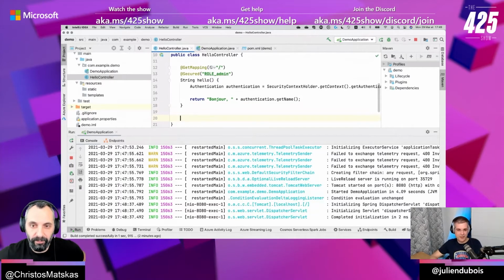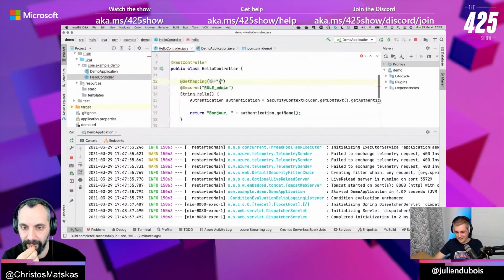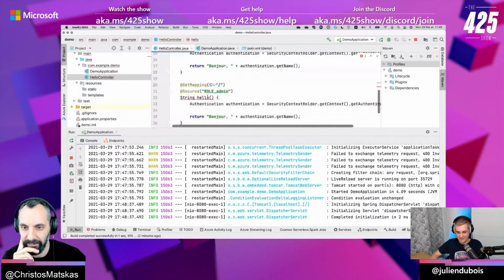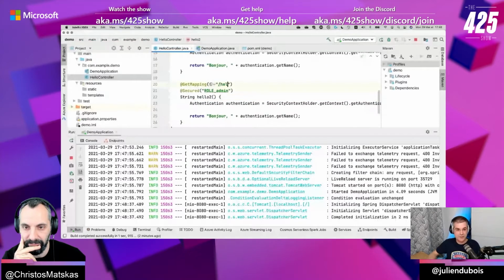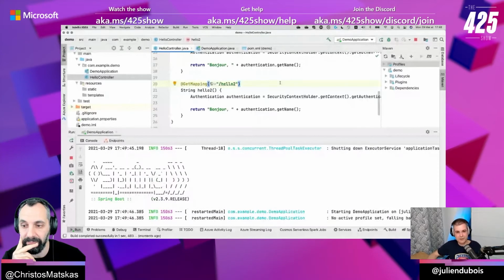Yes, if I have another one. Well, I should have put the root here. Let's say I have hello here, which is secured. And I have hello2 here, which is insecure, not secured. Hello2, because it's easier to type. And so this one should not be secured. So now if I restart, I will be logged in twice, but I have only a security check on the first one.